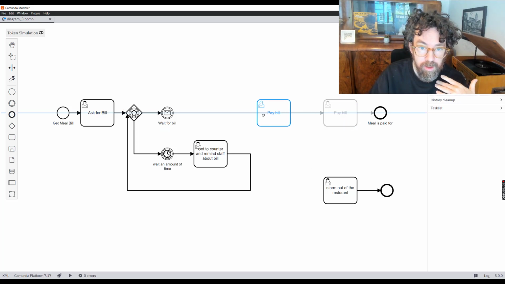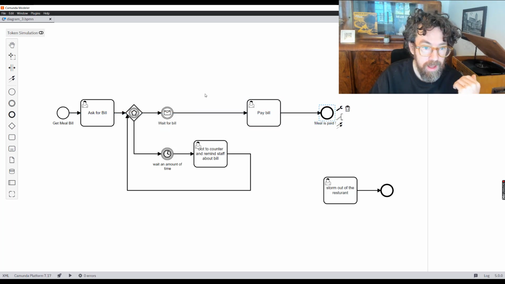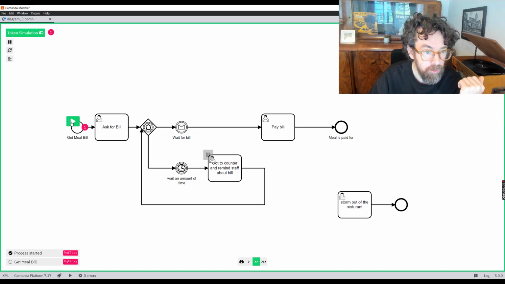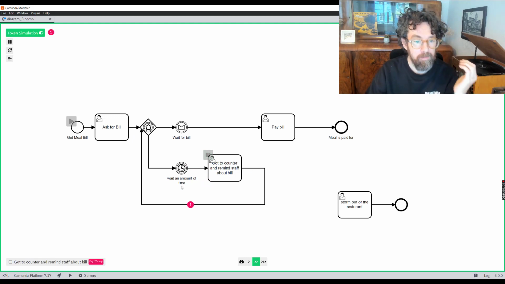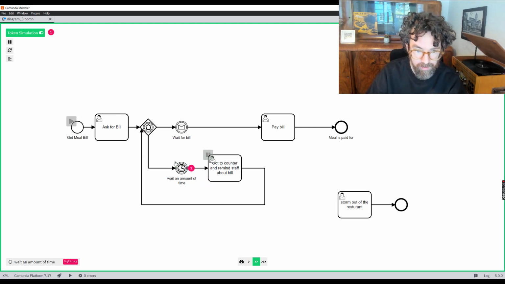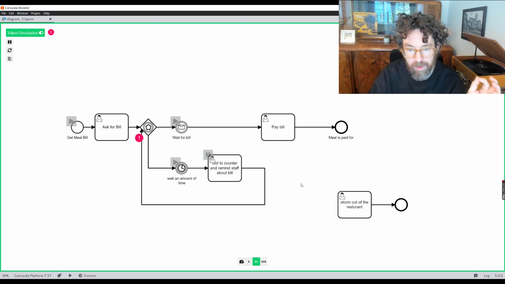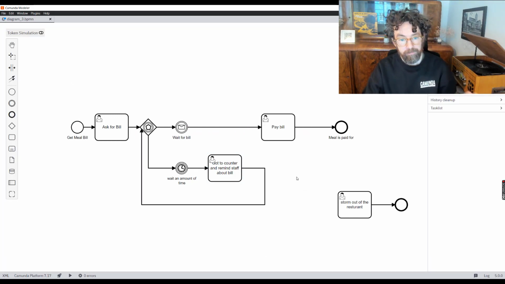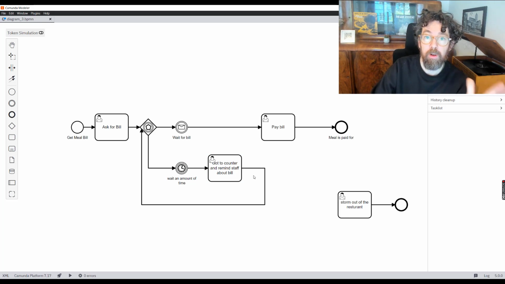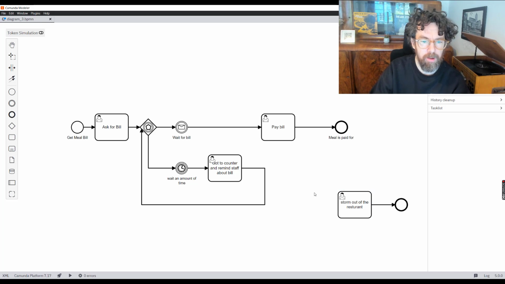Let's remove this. So then our process now has the ability to ask for the bill. If the amount of time passes, we go to the counter, we then spin back around and then wait again. And we can wait as many times as we need to. But again, then the bill arrives and we get paid for it. Marvelous. But while this removes a certain amount of duplication, it doesn't actually solve all of the logic that we need to solve, because we still have this lovely storm out of restaurant thing that we should probably implement.